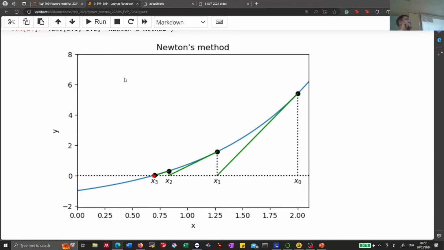Does anybody see a difference to the bisection method? Is the result the same? Is the type of result the same? So remember, with the bisection method, we only get an interval, right? We get, your solution is between